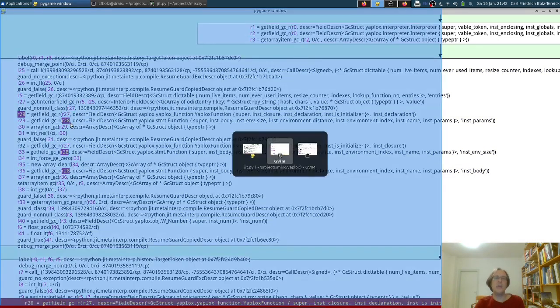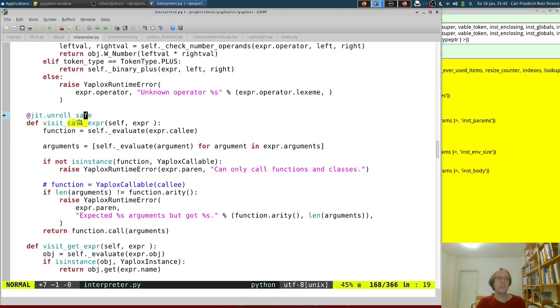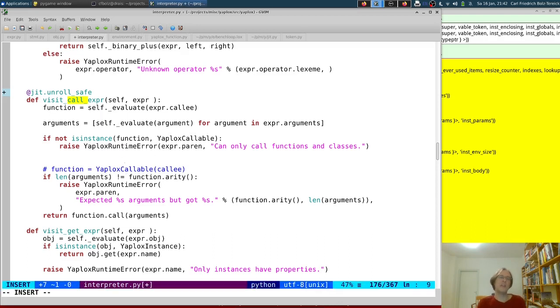And we can achieve that. We can say to the JIT, please assume that the function that you're trying to call here is always the same function, right? So here in the call, we could say, okay, we check that it's a callable, but then after we check that it's a callable, we can say, dear JIT, please assume from now on that the function that you're calling is a